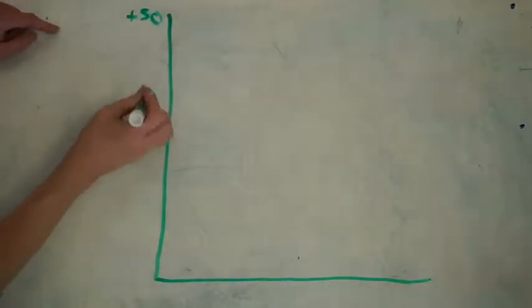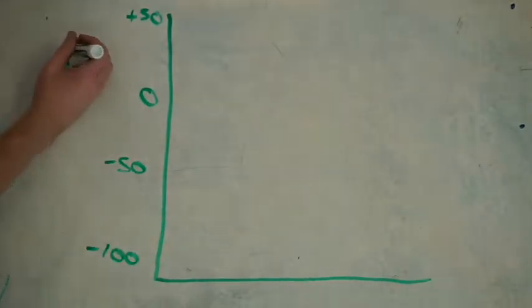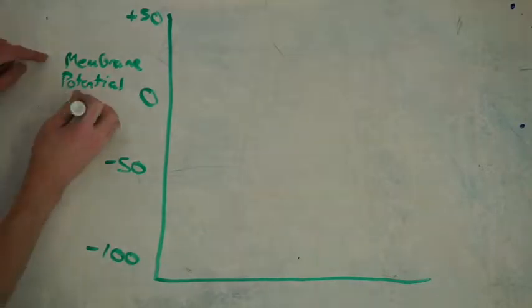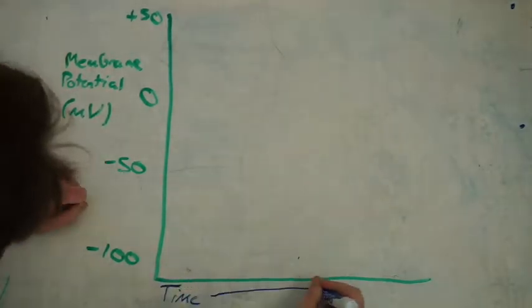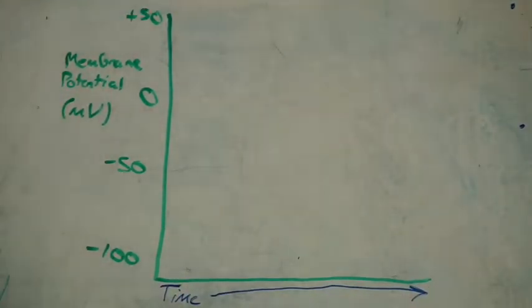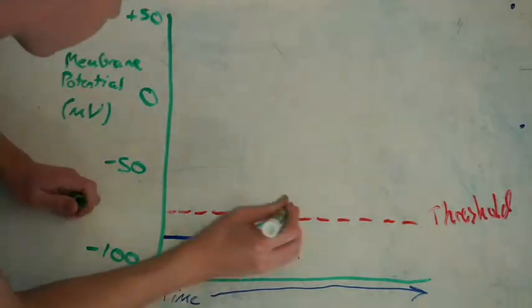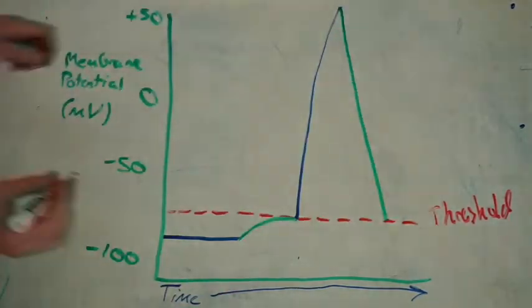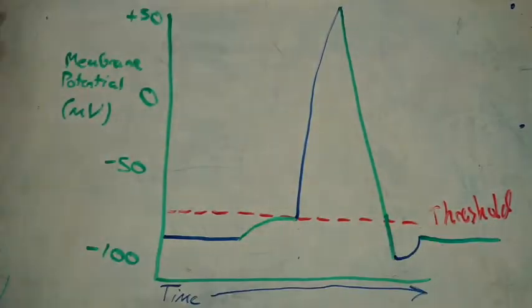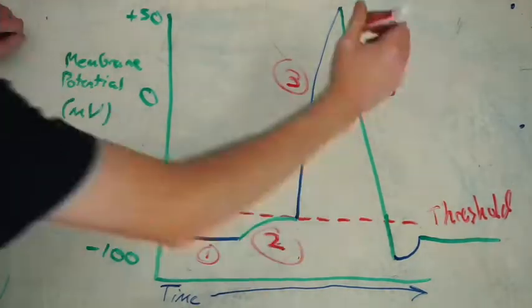Graph of membrane potential. At section 1, old channels are closed and no action potential is present. At section 2, a stimulus opens sodium channels, and if the depolarization reaches the threshold, an action potential is created. At section 3, depolarization opens more sodium channels, making the inside of the cell positive as the sodium ions rush